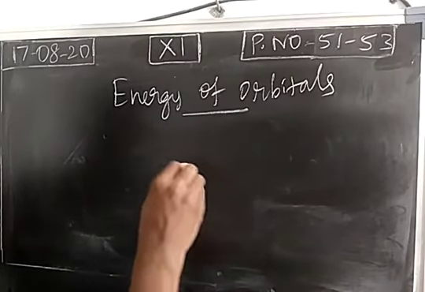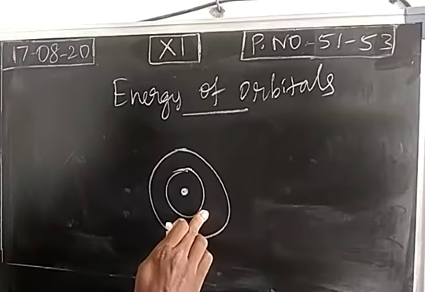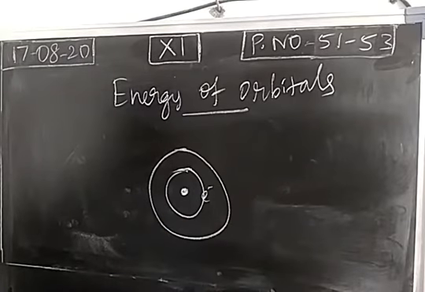So when we take an atom, the electron present in the first orbit has a particular energy. At the same time, the electron present in the second orbit will have more energy. So when we move from the nucleus onwards, the principal quantum number increases. So this is the first orbit, principal quantum number 1. Second orbit, principal quantum number 2. So when we move from the nucleus onwards, the principal quantum number increases, so energy will also increase for the electron. Electron energy increases means automatically what? Orbital energy also increases. So orbital energy will increase when we move from the nucleus onwards.